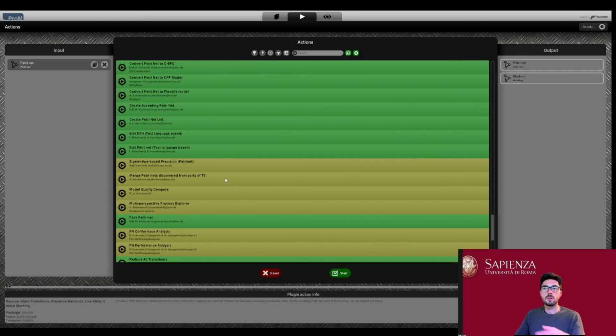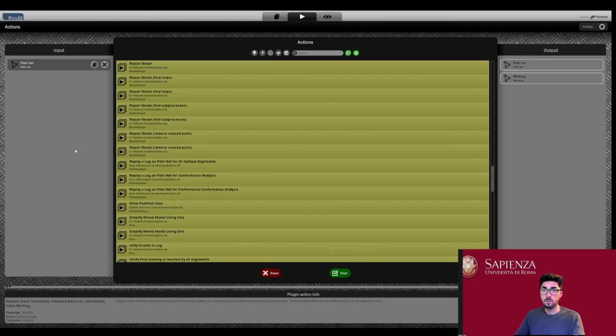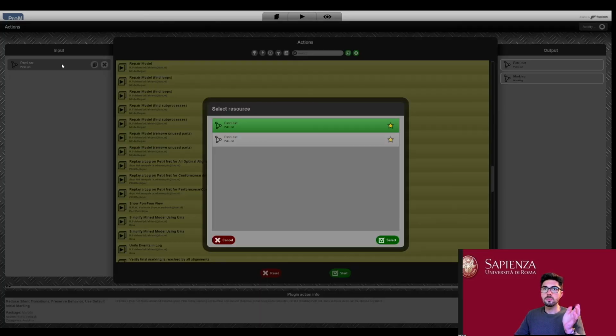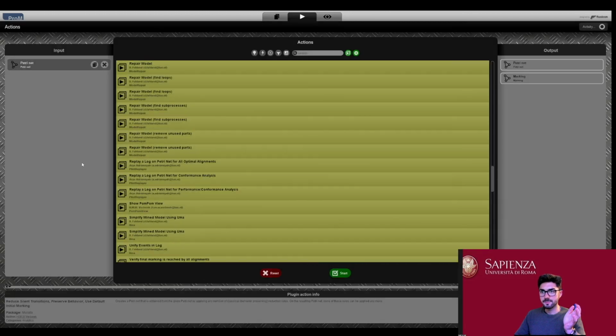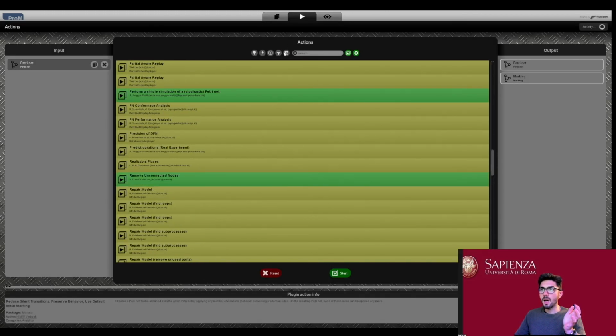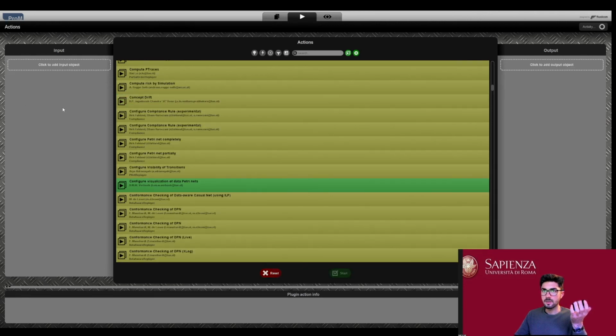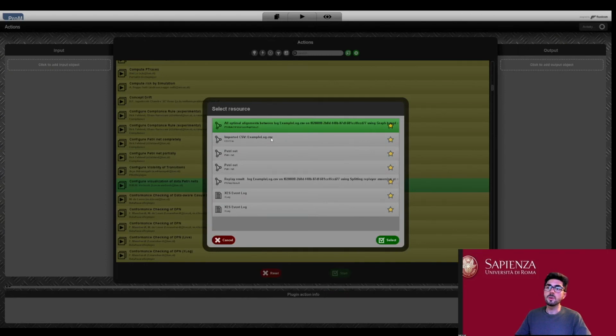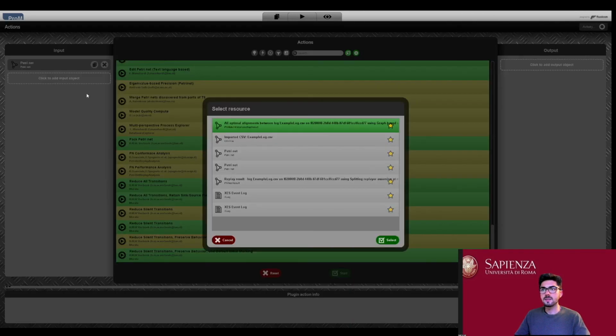I can do a lot of stuff on the Petri net alone, but in this case I would like to do something else. So I would like to produce a different kind of output this time. So let me just use the Petri net and add the event log this time.